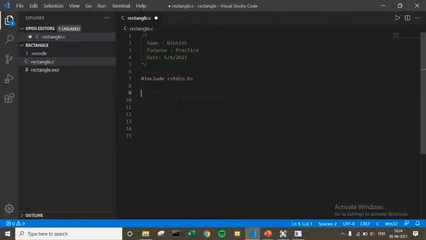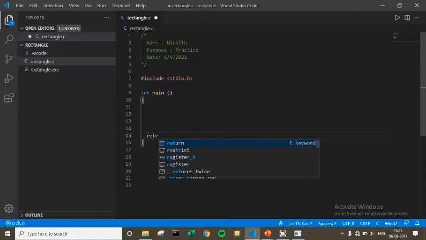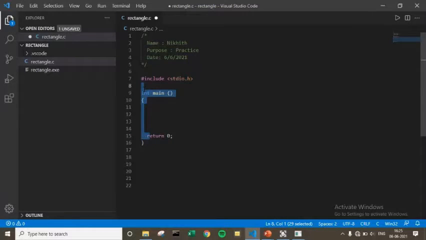So how do you write a main function? First you have to type int, then main, then a bracket, and leave that bracket empty, and take a curly bracket, and at the end write return 0. And this is the common main routine, and this whole thing is present in any source file you see in C. And in this place itself you should write the code which you want to execute.